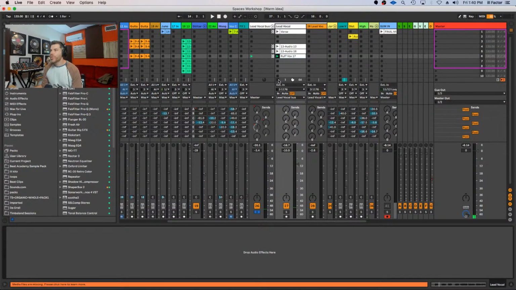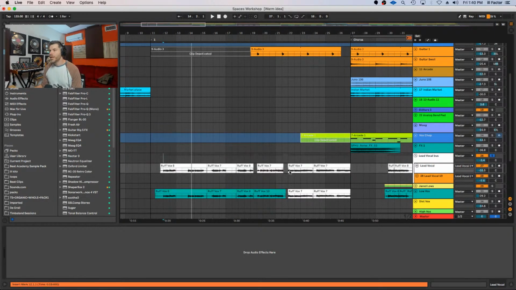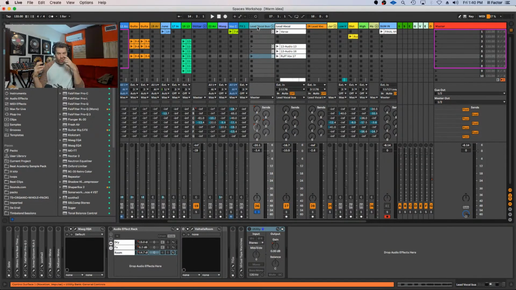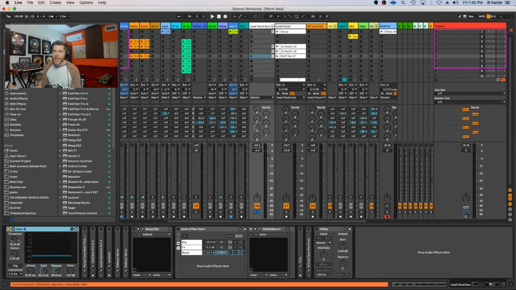Right, okay, so those are the rough takes we were recording when we were coming up with ideas for the melody. Here we have a very falsetto type of vibe, but immediately what I wanted to do was create this chorusy, moving type of vocal, and that's what we're going to focus on. These are just the basic essential stuff to get the vocal sounding clean. And we have a gate to take out any noise.